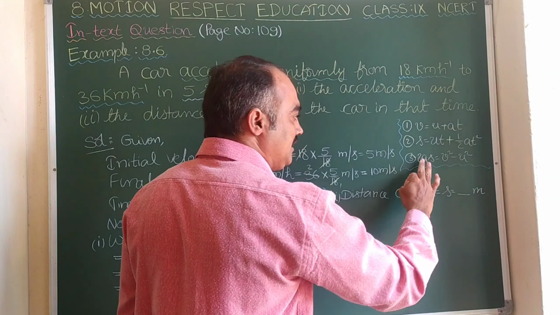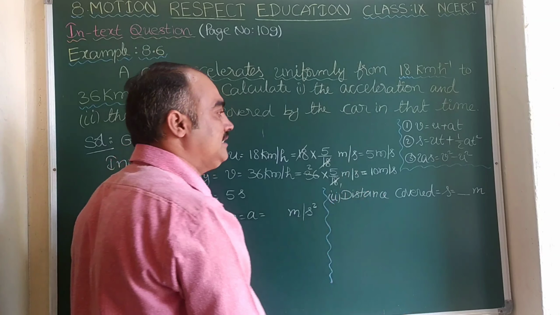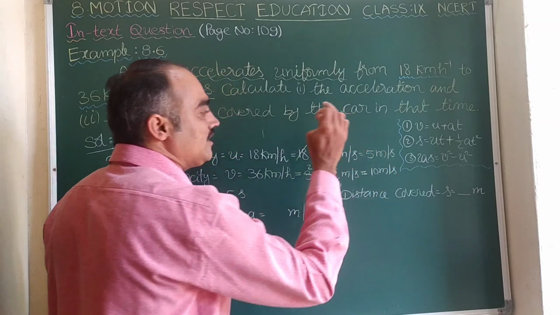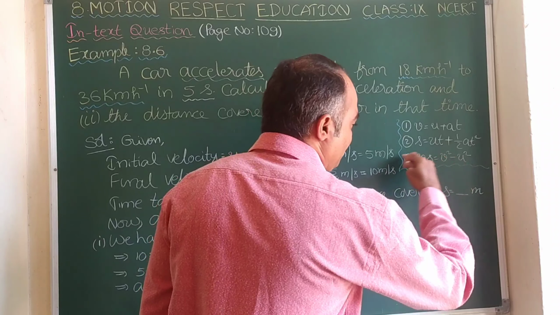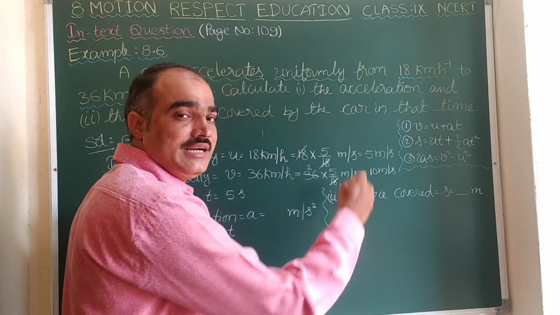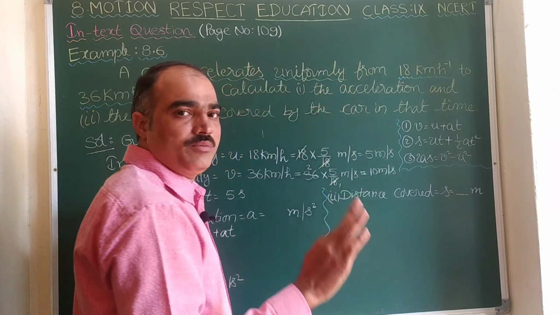2, let us say 2 as it is, a means here 1. Yes, s is what we need to find. Let us mention the s as it is, and v square and u square, 10 square and 5 square. So everything is ready. So here I would like to use the third formula, the third equation, with which we can get the value of s easily. If not, you can even take the second one also, it's not a problem.